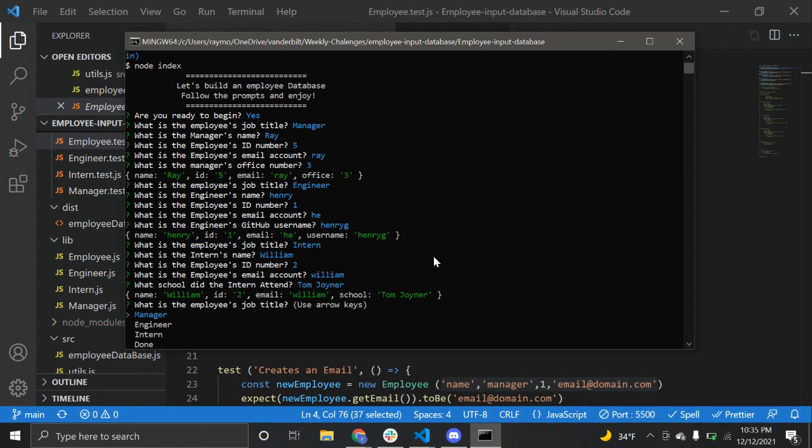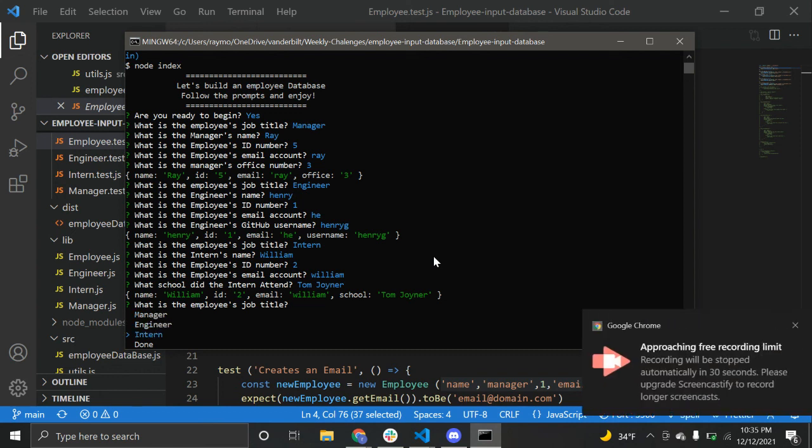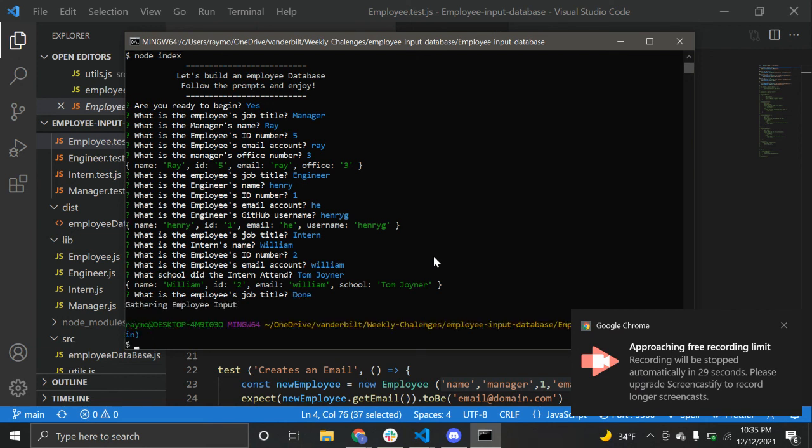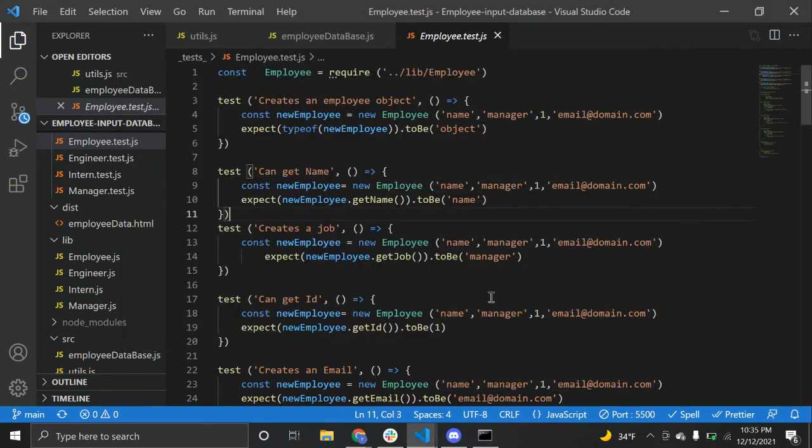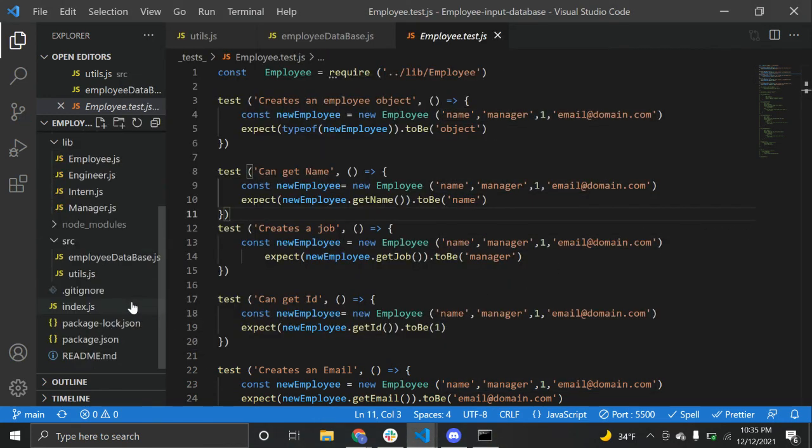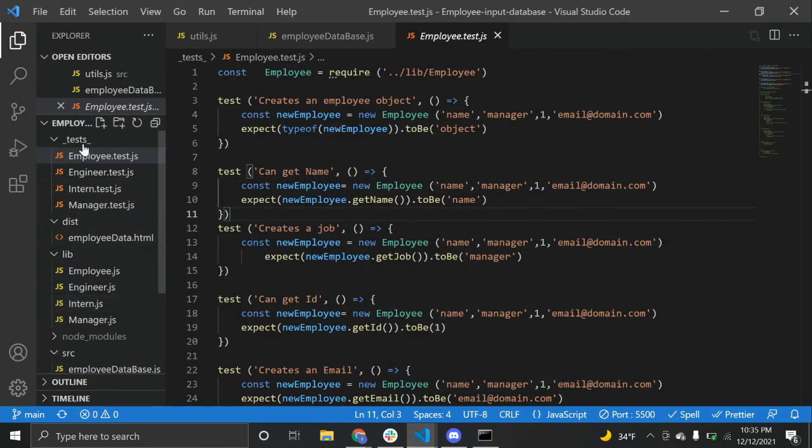Those are all the prompts for the 3 different job types. Come down here. It says done. Now it says it's gathering the employee input. This is where everything kind of stops for me. It gets all that information and it